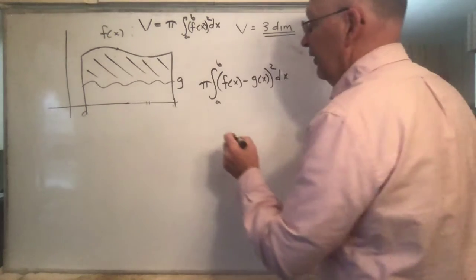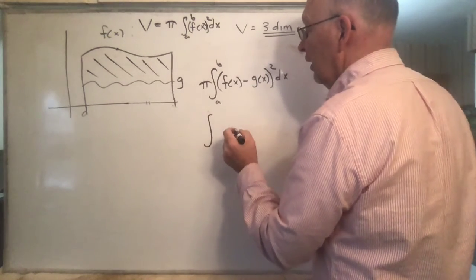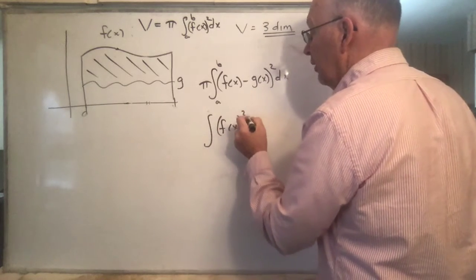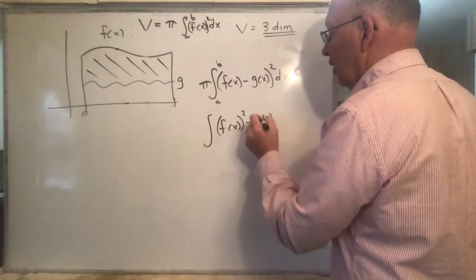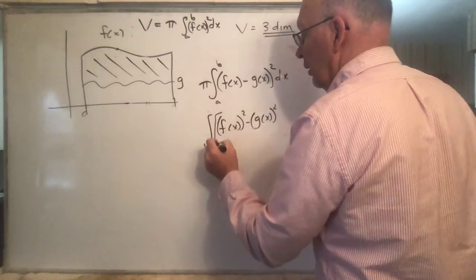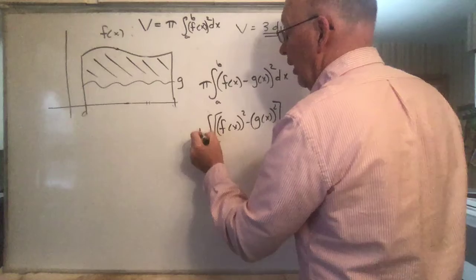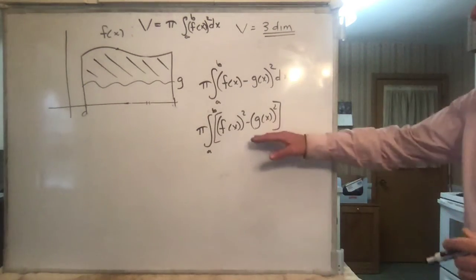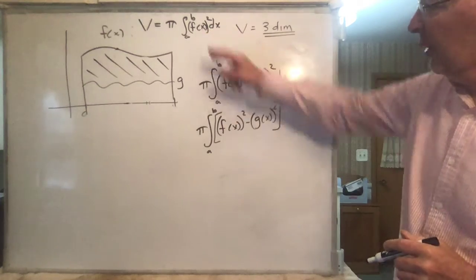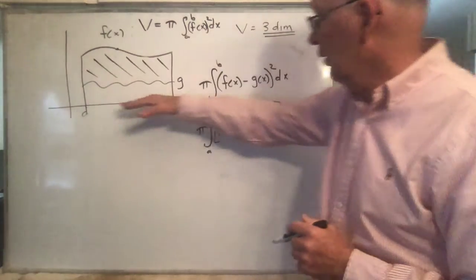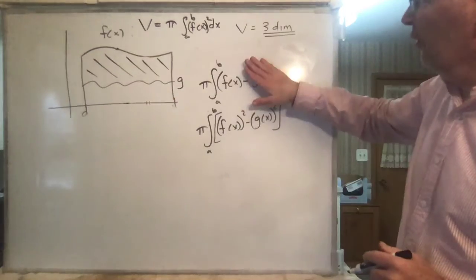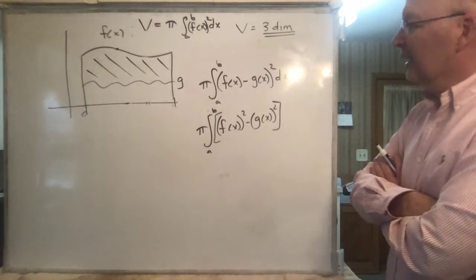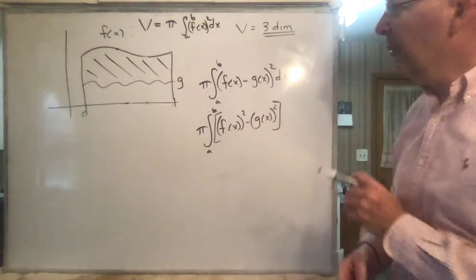The other answer that they give as a possibility is they say, well, it's f of x squared minus g of x squared times pi from A to B. That's another one. Both of those, notice, are generalizations of this one. If g of x were equal to 0, both of them would end up being this. So if you are looking at the formula and just trying to kind of guess from the formula, which isn't a bad thing to do,